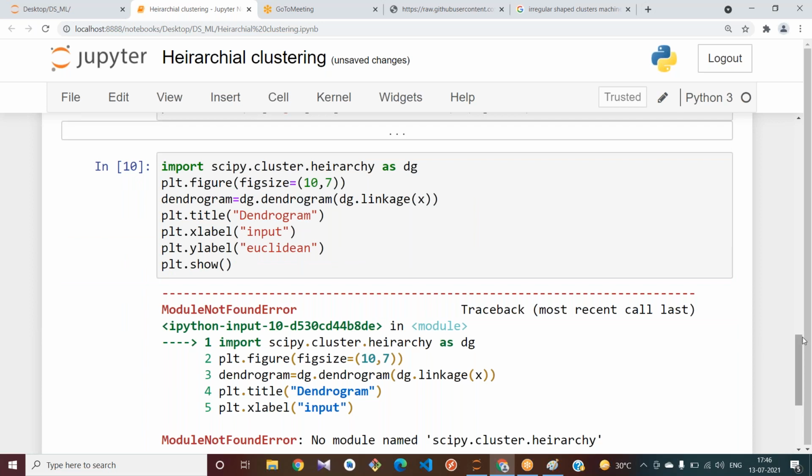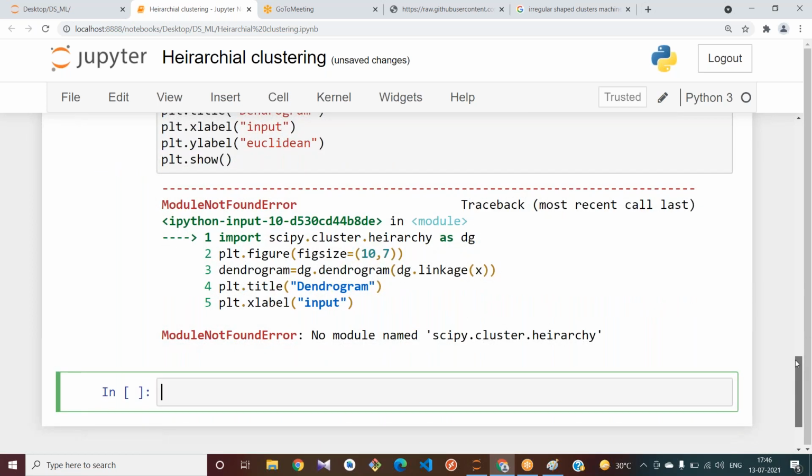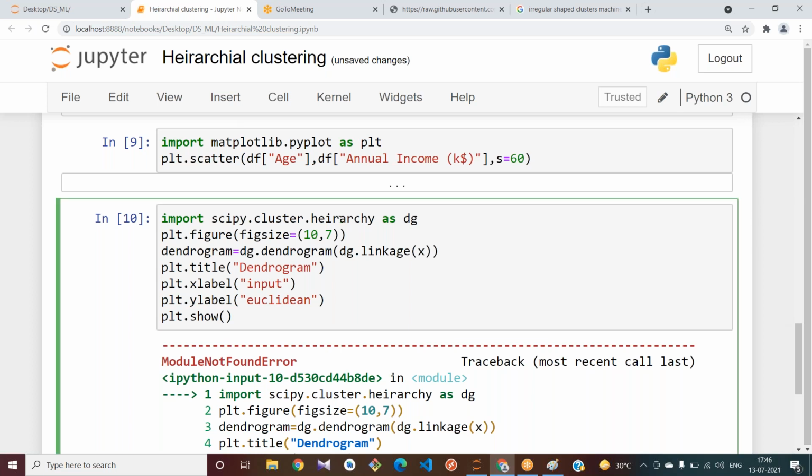Somewhere I have made a mistake. No module named scipy dot cluster dot hierarchy. I wrote the spelling wrong.